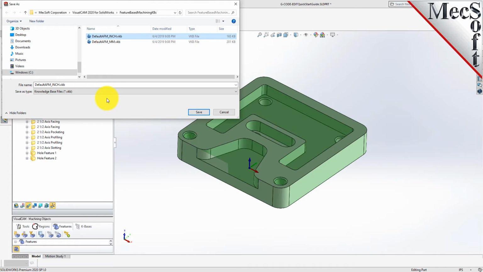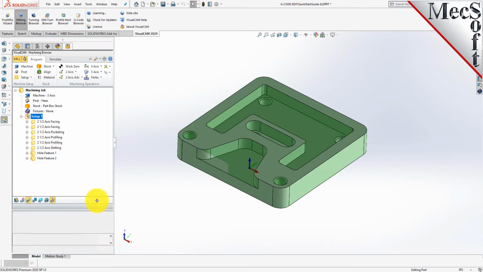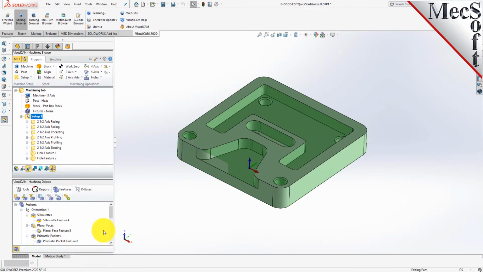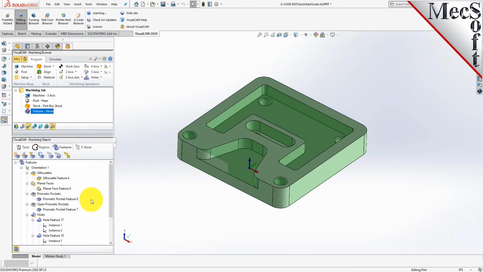Now I mentioned interactive feature machining. We just did automated feature machining, or AFM. Let's talk about interactive feature machining. So let's go ahead and delete those for now. We'll leave our features, since you need to recognize your features regardless of whether you're going to do IFM or AFM. So for interactive feature machining, you can go over here and select one of your features,